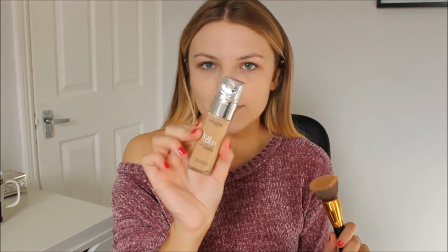Okay, so after doing that, it's time for foundation. She's got this sort of bronzy look going on, so I'm going to go a little bit darker with my foundation that I use. Sorry, I'm just looking at the picture. Yeah, so she's got this bronze look, very highlighted, contoured, sort of a bit glowy, so that is what I'm going for. I'm going to take my L'Oreal True Match in the shade Golden Beige 3W,